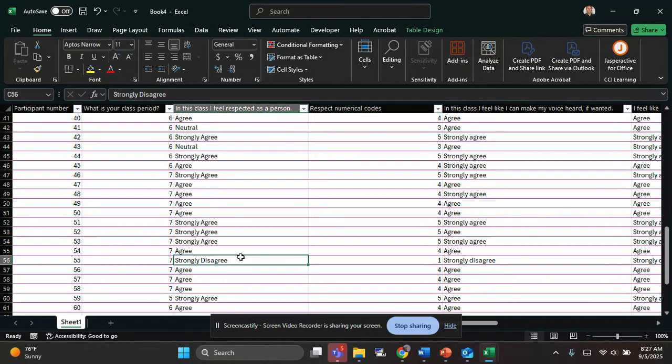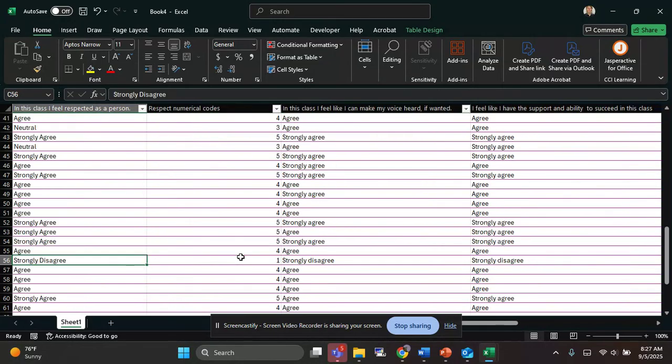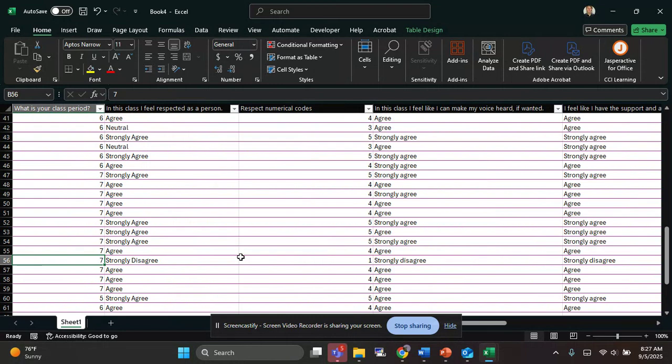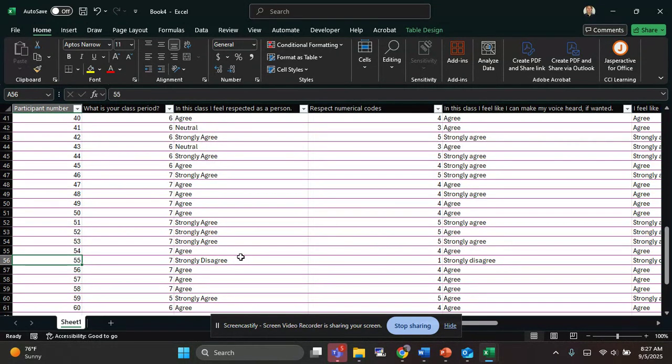So I'm going to zoom in here real quick on participant number 55. And this is why we give people participant numbers. Because if you notice, compared to everyone else, they are the one person who strongly disagreed with a lot of these statements, which is interesting, right? They're an outlier. So now, because we gave the number, we could be like, cool, looking at participant 55, we